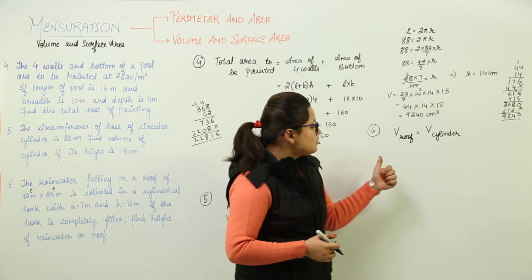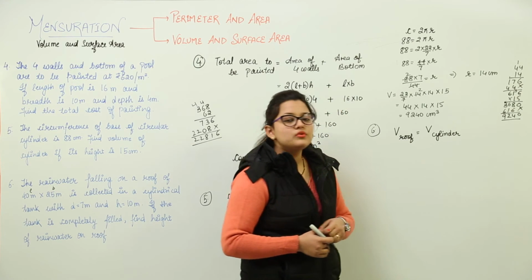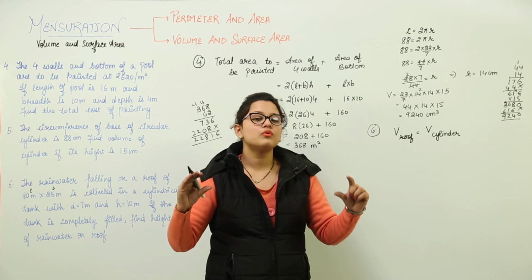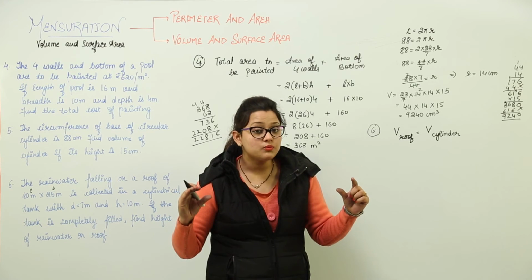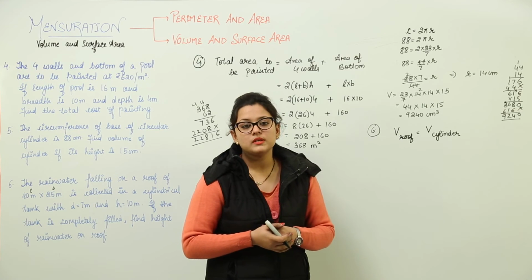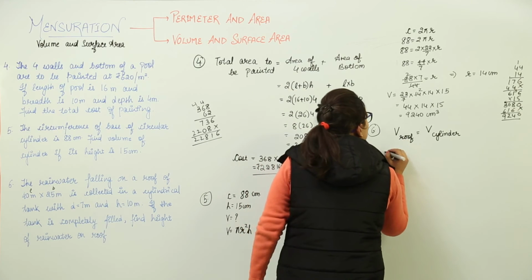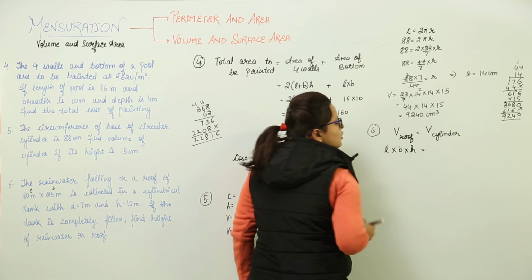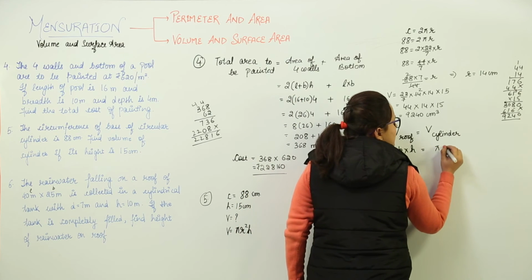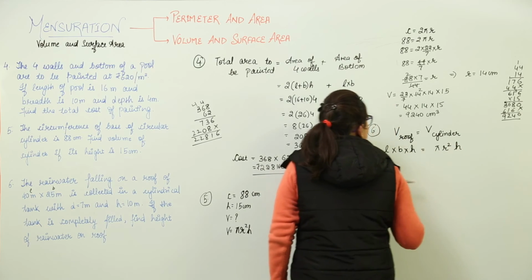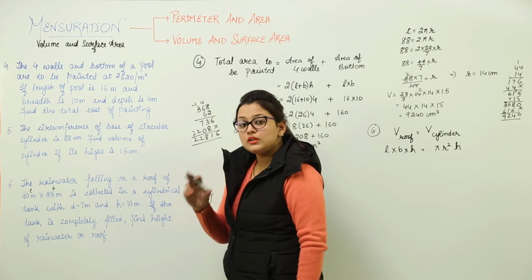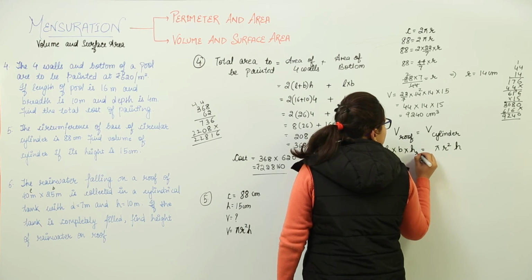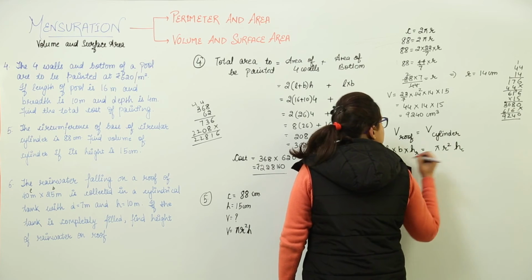Now you would need to understand what will be the volume of the roof. Tell me, the water that will be collected on the roof, what shape would it be in? It would be in a cuboidal shape. Yes. So the volume of roof can be written as length into breadth into height, whereas the volume of cylinder we know will be written as pi r square h. Now what do we need to find out? We need to find out the height of the roof over here. So I will write it hr and this is hc.